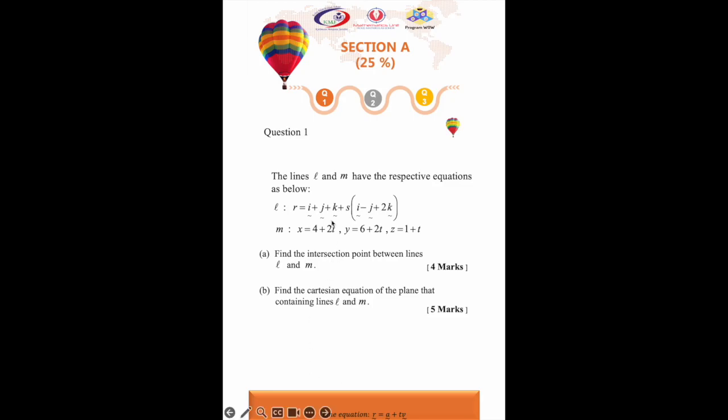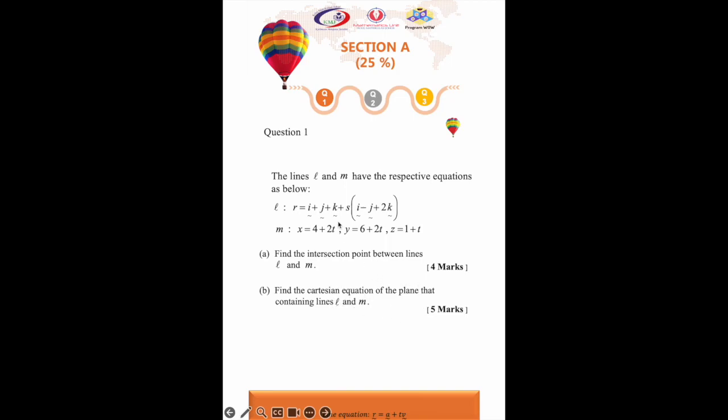So this question had given us two line equations, L and M, one in vector equation representation and the other in parametric equation representation. So we know that the line equation is r equals a plus tv. So a is any point on the line, t is any constant. So here we have s and t, and then v is any vector on the line or parallel to the line. So we know that we have to find the intersection point and a plane that has the lines L